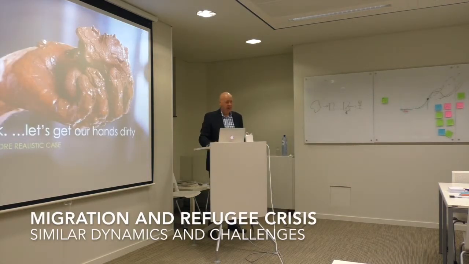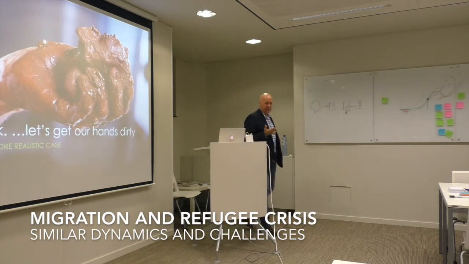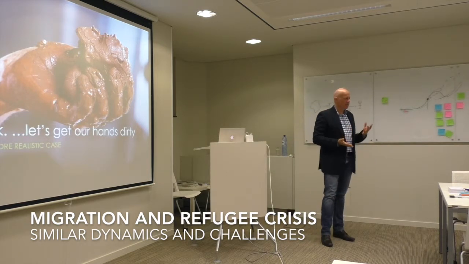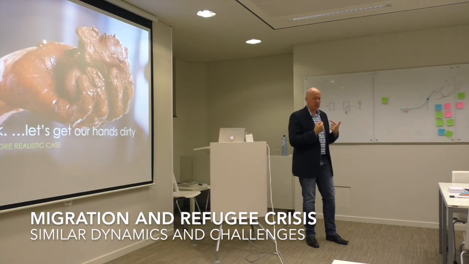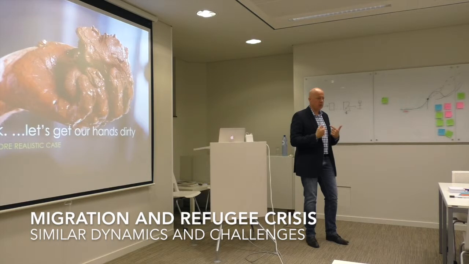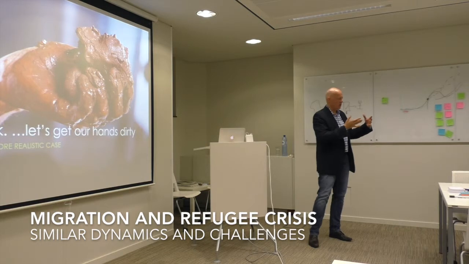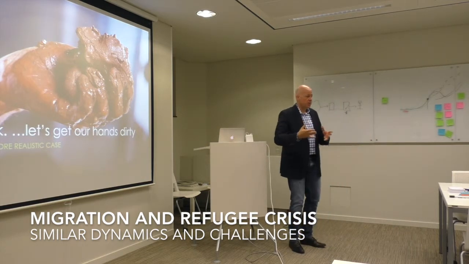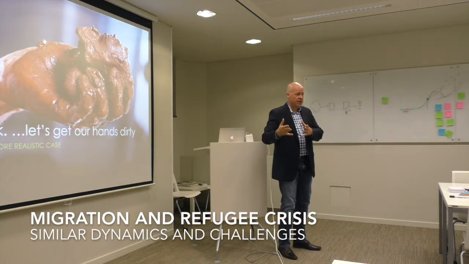Now, this was a simplified exercise, but was it challenging? Obviously, right? Because it's difficult to find out how the system, even if it's a simple system, behaves. And now you probably have a better understanding, whether you like it or not, of why policymakers or politicians right now are struggling with allocating resources. It follows the same dynamic. You have a pool of people in one country and they're migrating to another country. The more there are in the to-be country,